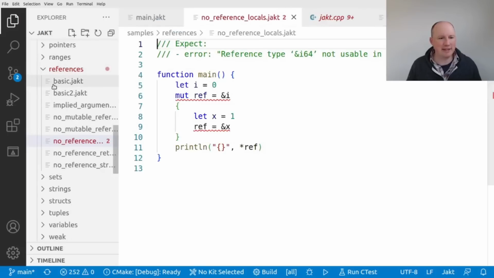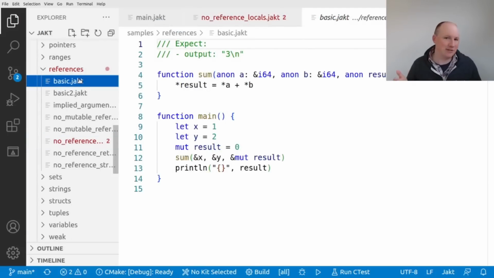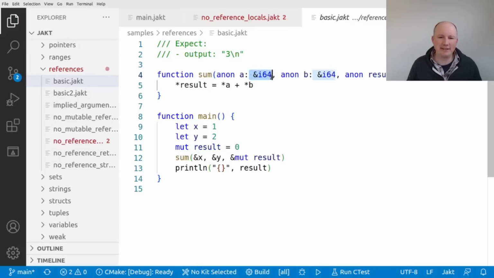There are some examples that have errors on purpose because we want to make sure that we can catch errors with them. But here's one example of the new references here at the top. You can see the ampersand that says I take in a reference, and then the ampersand mut. So you can see this is very much inspired from the Rust syntax of saying that's a mutable reference. So we can use that to, as you can see, update the result with the values from A and B